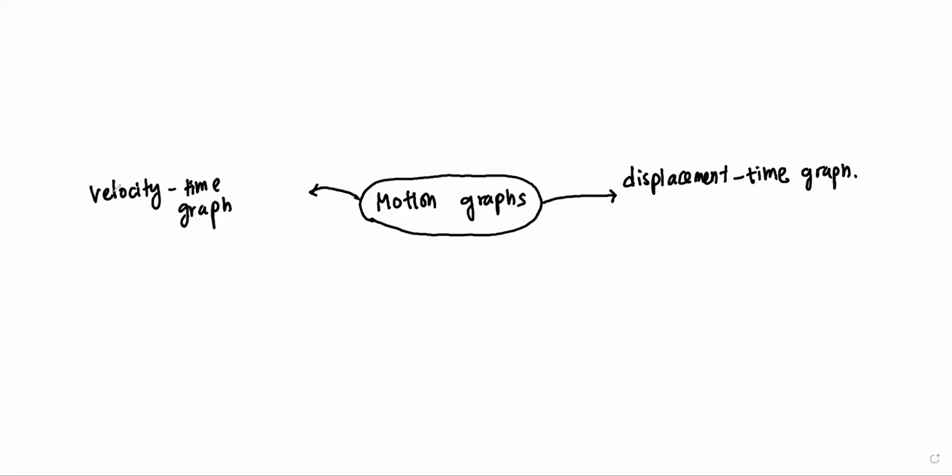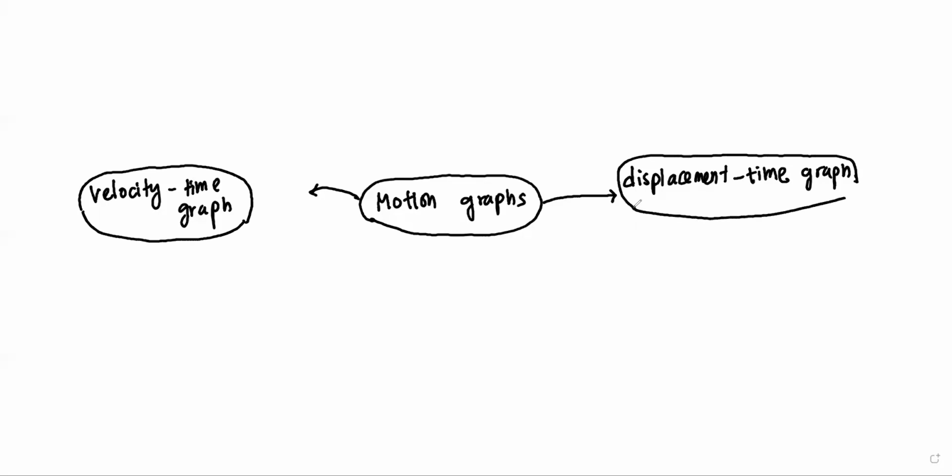Right. So displacement-time graphs and velocity-time graphs both can be used to do calculations about three things: displacement,